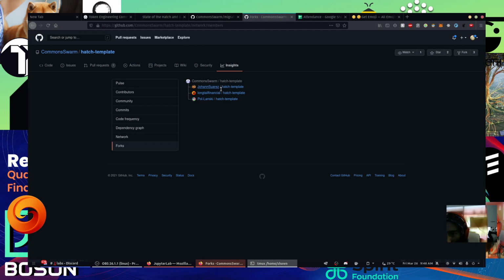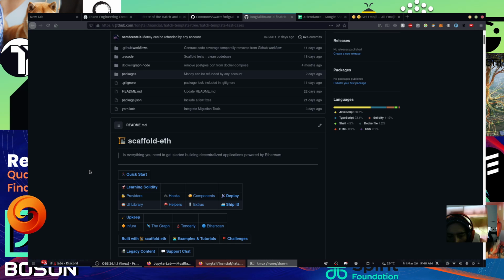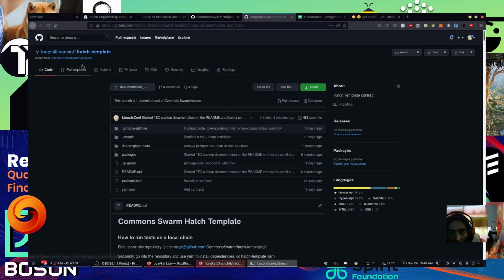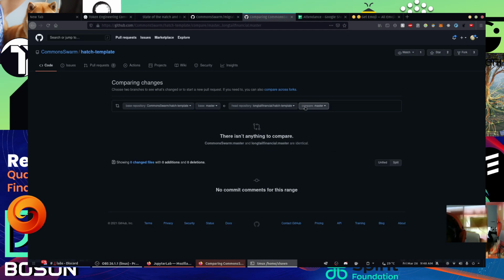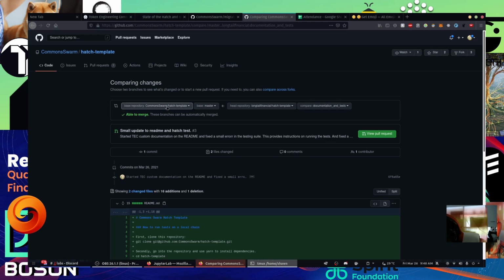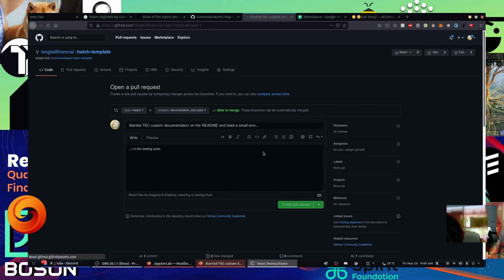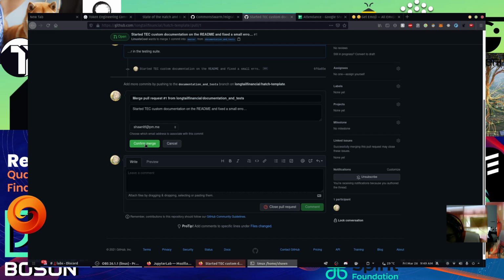I'm going to go back to the Longtail Financial, and we see the documentation and tests. Okay, I'm actually going to merge this into the master branch on the Longtail Financial fork. So I should be able to, let's see, pull request, new pull request. So I can merge from this documentation and tests branch into master on Longtail Financial. Able to merge, create, and okay, create that, and I should be able to merge it. So it's checking for automated checks, that's good, and I should be able to merge this pull request, confirm,